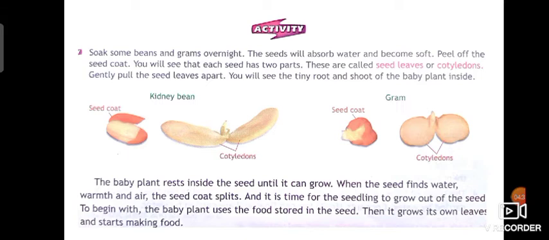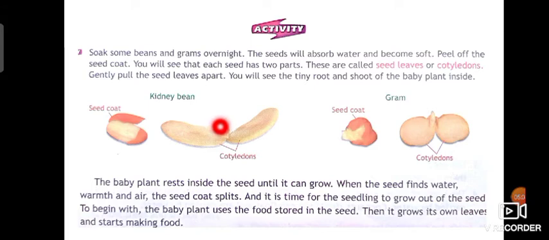Now the baby plant rests inside the seed until it can grow. When the seed finds water, warmth and air, the seed coat splits. Okay, it breaks and comes out. And it is time for the seedling to grow out of the seed. And to begin with, the baby plant uses the food stored in the seed.